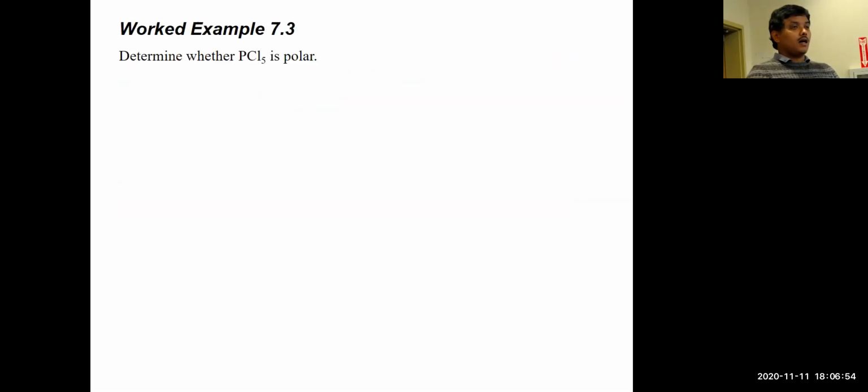All right. Let's look into this problem. It's a short lecture. We are going to wrap it up pretty soon. Determine whether PCl5 is polar or not. What do you have to do? You have to draw the Lewis structure first,